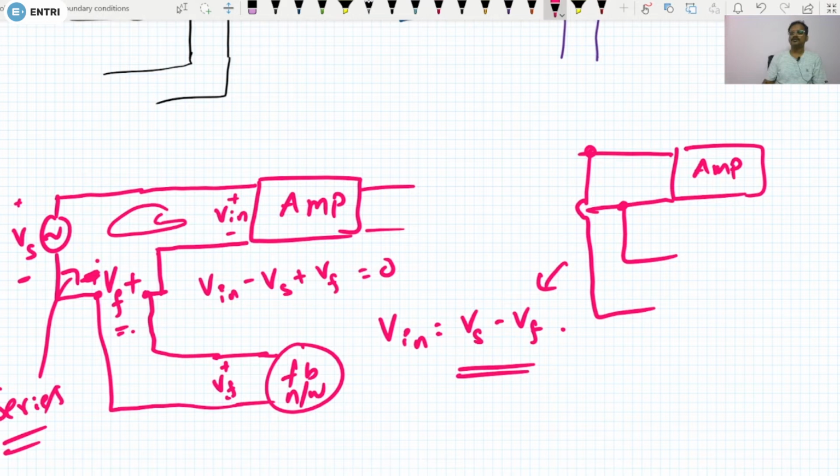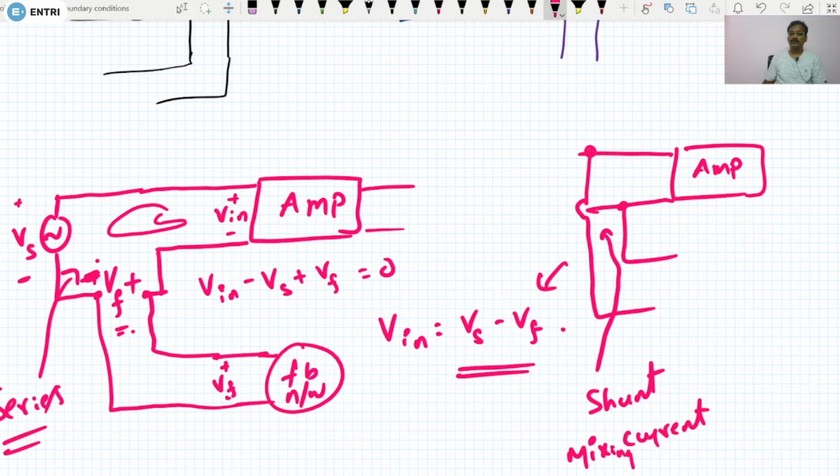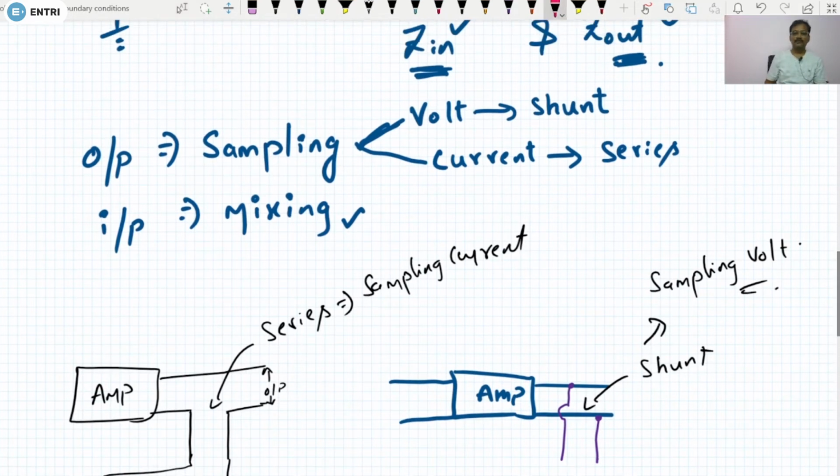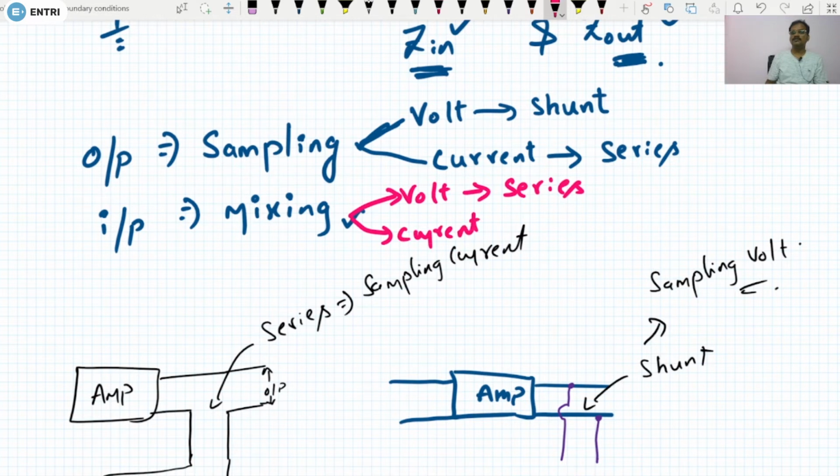Okay, so this is shunt connection, right? Here you are going to mix current, mixing current, right? This is what you have to understand about the feedback. Whenever you are mixing the voltage, what must be the connection at the input? It must be series connection, right? If you want to mix the current, what must be the connection at the input? It must be shunt,